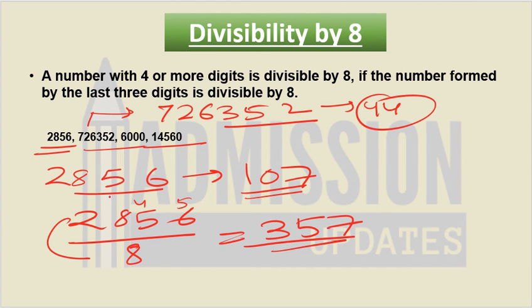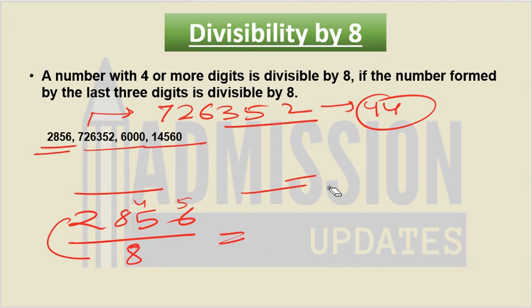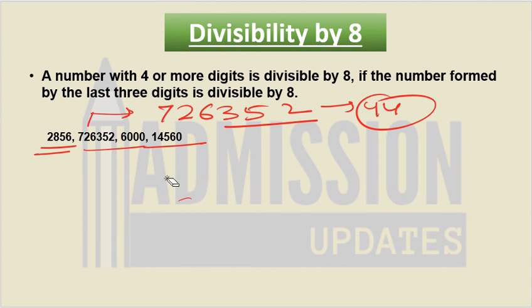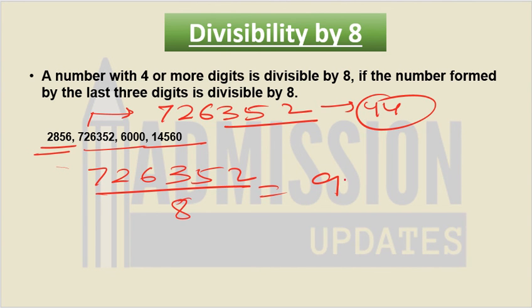Now let us check whether the whole number is divisible by 8 or not. So here, 726352 by 8. We know that 8 9s are 72. Then here we will put 10. Then we will take these two together. Then 8 8s are 64, 8 7s are 56, 8 7s are 56, 460. Then here it will be 75, 8 9s are 72. Here it will be 32, 8 4s are 32. So we will say 726352 is also divisible by 8.